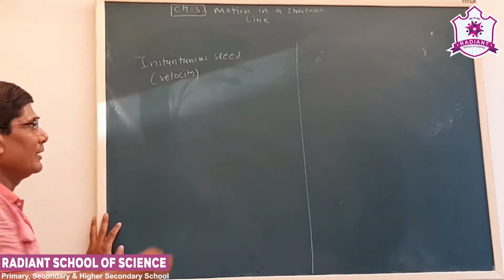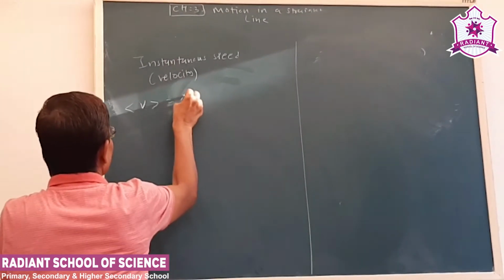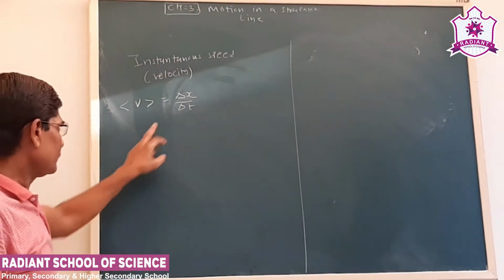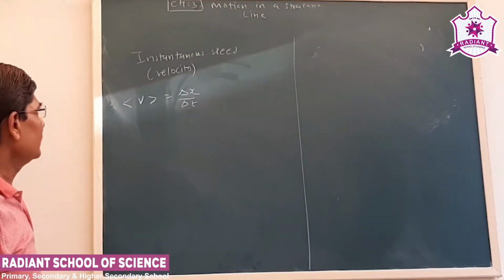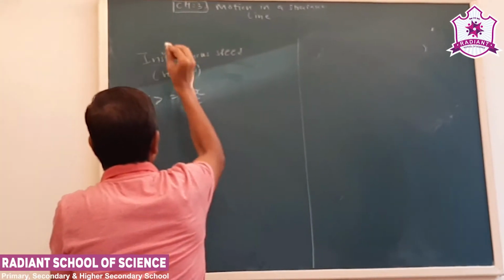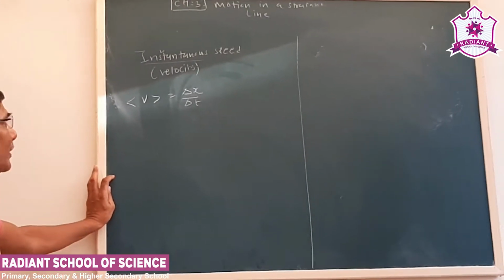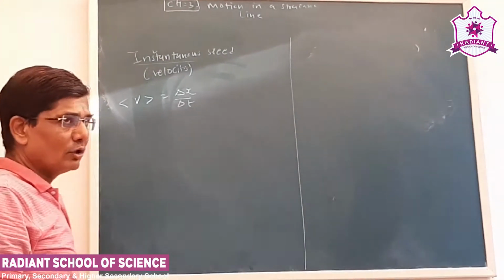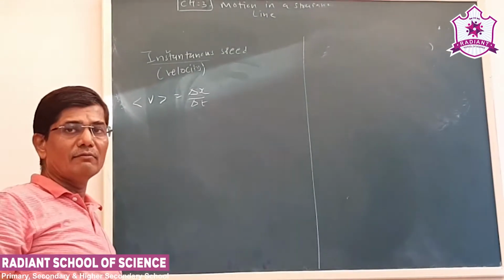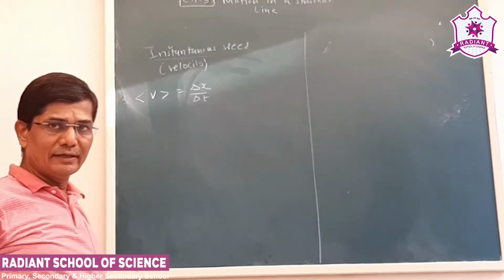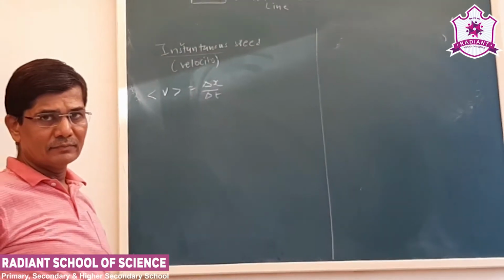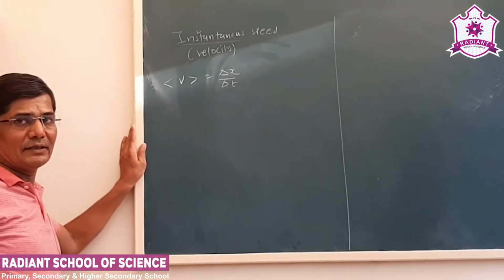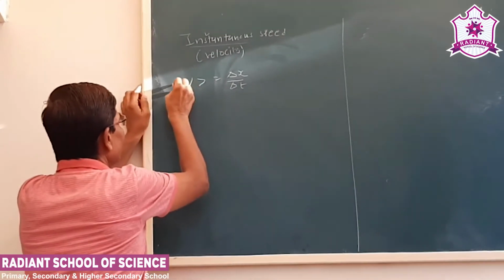Now see, just now we have seen the average speed v is equal to delta x upon delta t. Okay, so that is a change in position upon change in time. Now see, the word instantaneous shows the value of the speed or velocity at a particular instant. Now that is again a mathematical concept. So if we have to find out the value of the speed or velocity at a particular time, then it is called instantaneous speed. Now see, mathematically it is represented like this.